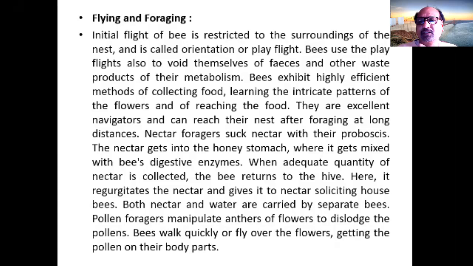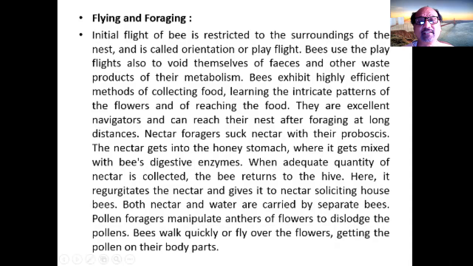If the distance is very close, more waggling takes place, and if the distance is far away, the waggle is shorter. So they can convey the distance and direction by messaging, and then the remaining bees follow the searcher bee. This is known as the foraging behavior. Okay, this is the foraging behavior.